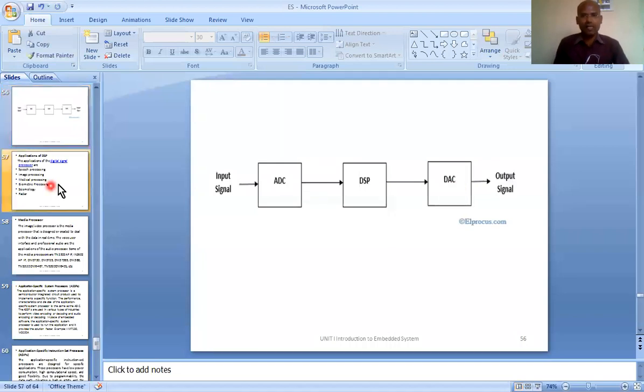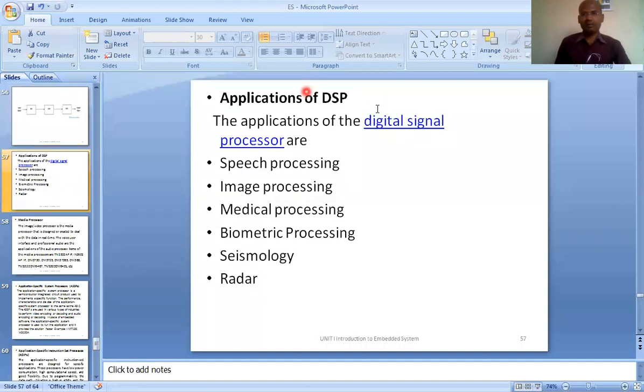Next, applications of DSPs. The applications of digital signal processing are speech processing, image processing, medical processing, biometric processing, seismology, and radar.